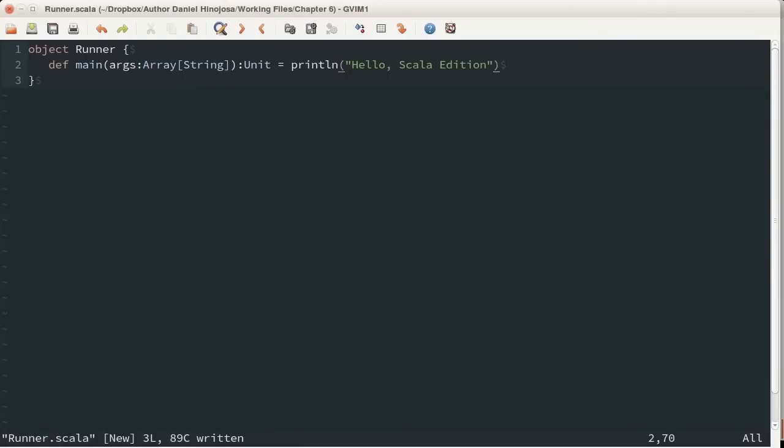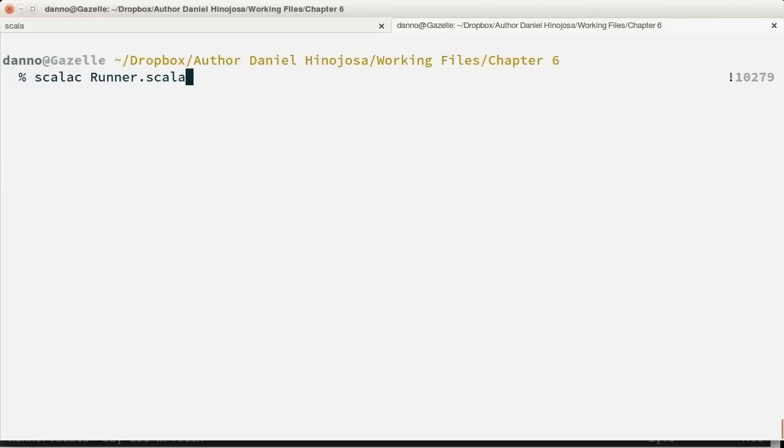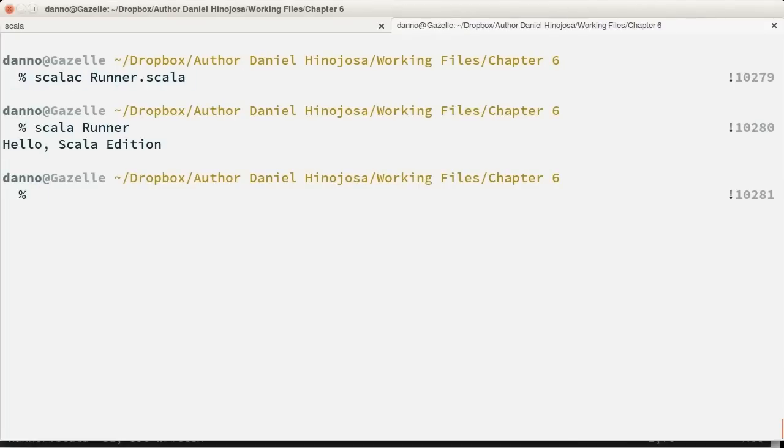So let's compile this. Remember, we have to compile this and then run it. Remember, we aren't running a script in this example. We're compiling and running the object at the command line, and it works. Can we run it with Java? So in other words, can we say Java space runner? Answer is yes, with something else along with it. And we need to tell Java that there is an extra jar that we need,